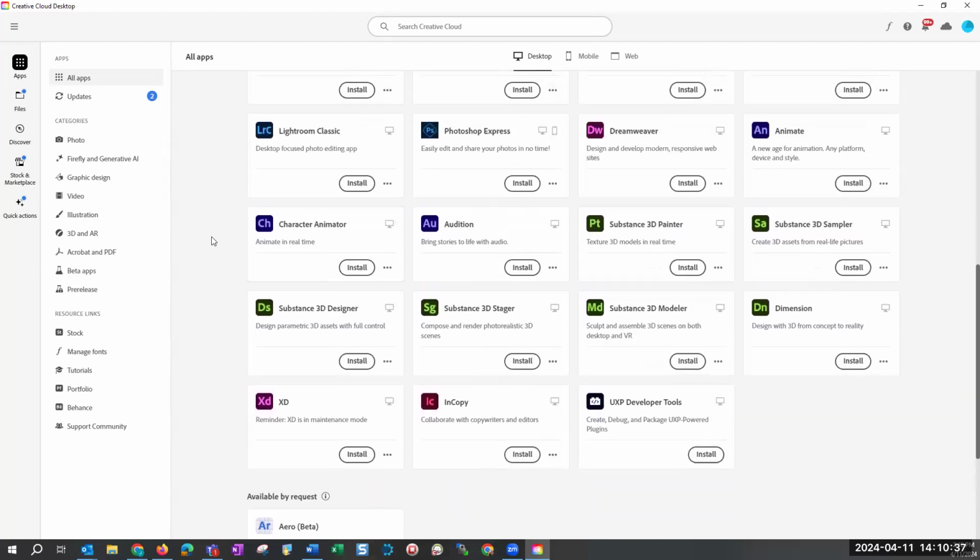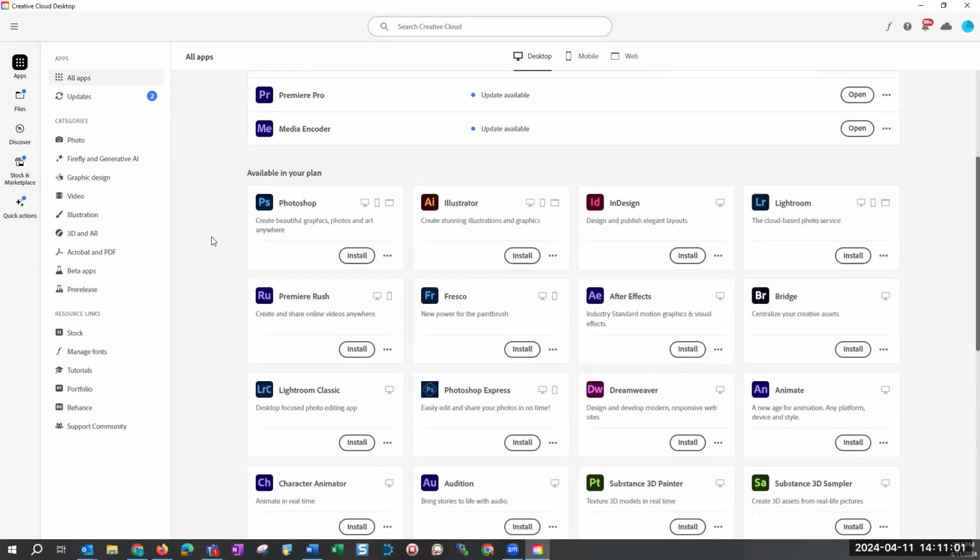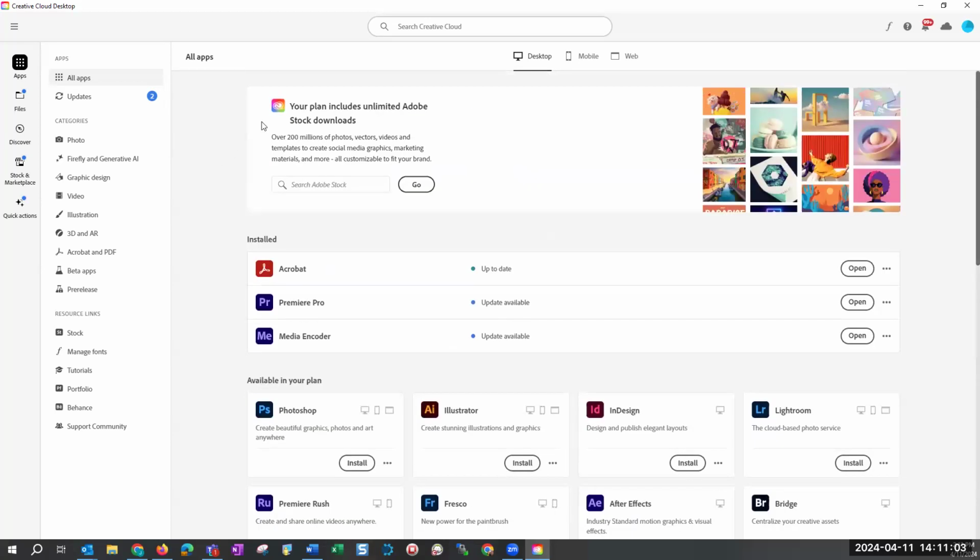Unfortunately, I'll need to double check this, but I don't believe student workers get access to the full version of Adobe, but I will double check that. So if you are a student worker, you are watching this and you want to know, email me, and then I'll find out. But yeah, all you have to do is log in to Creative Cloud, and then